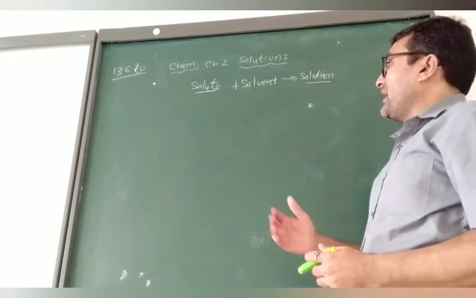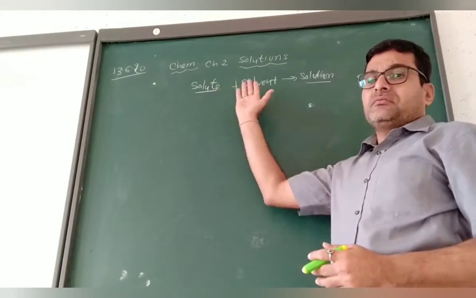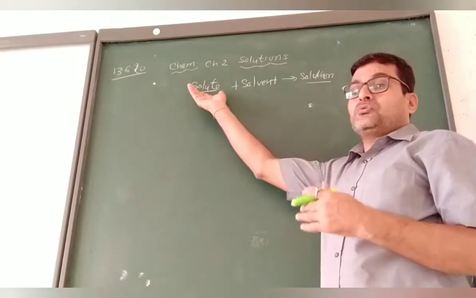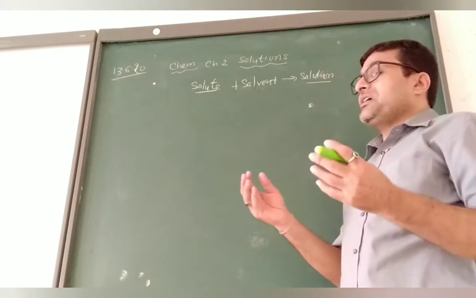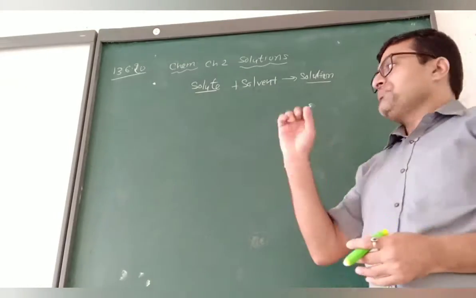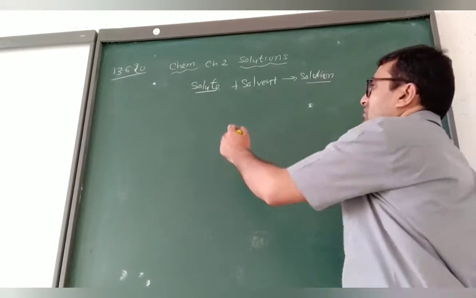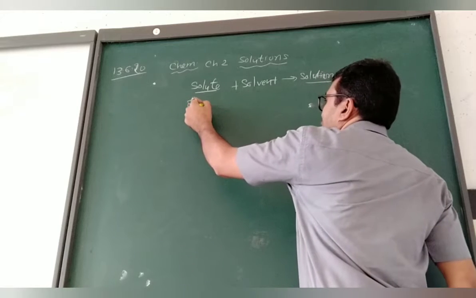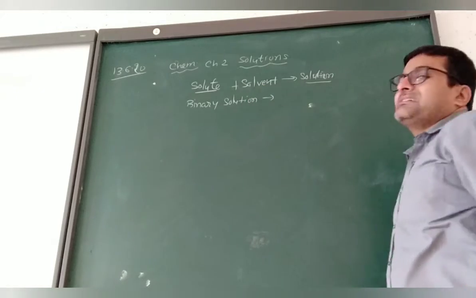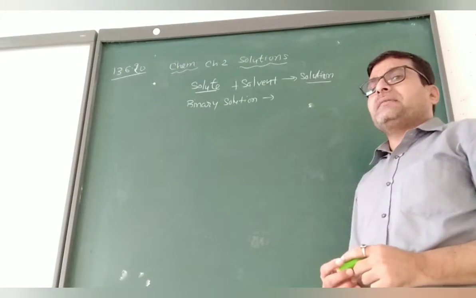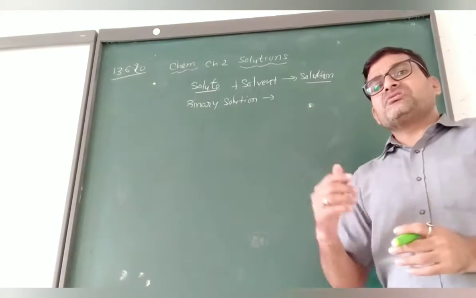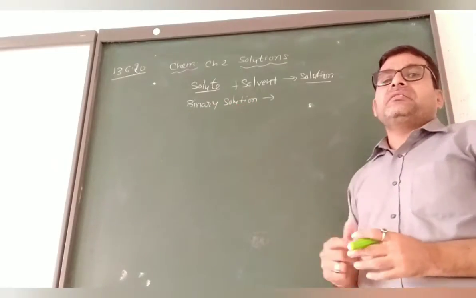It is not necessary to have only two components. There might be more than one component. There might be two or more solutes or solvents. We can mix n number of substances to make the solution. But if only one solute and one solvent is there, we call it a binary solution. Suppose salt is added in the water or sugar is added in water. So only two components are there. We call it a binary solution. In this chapter, we are going to study only binary solutions.